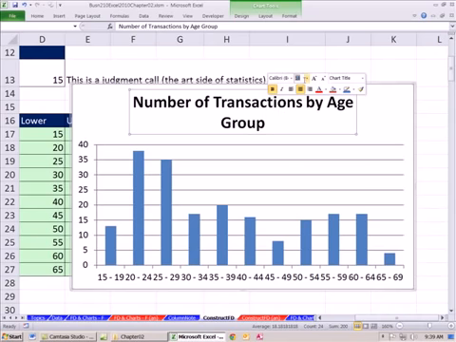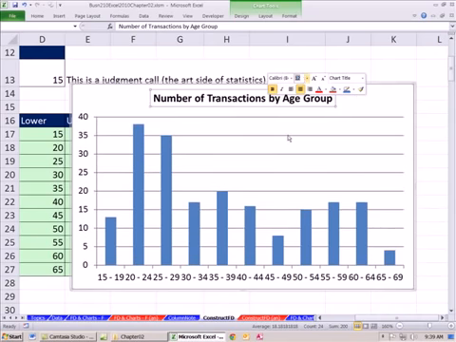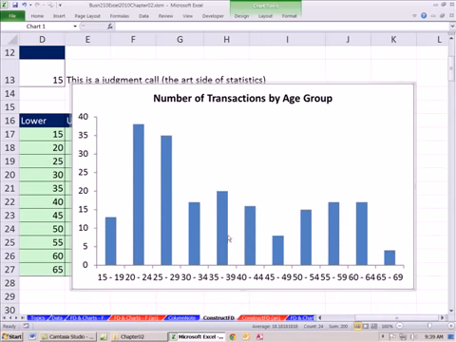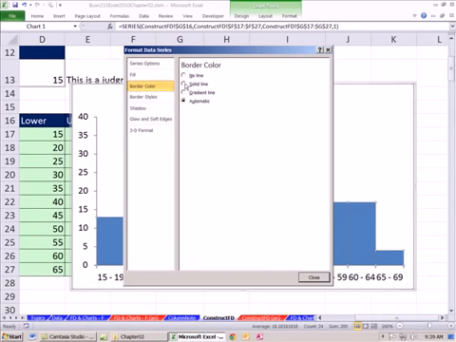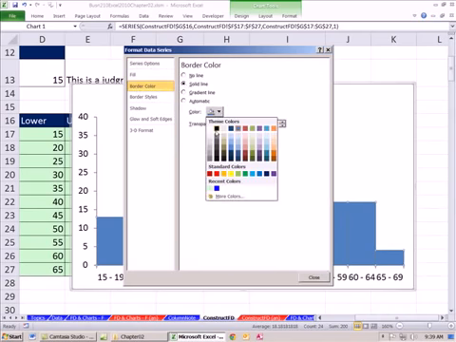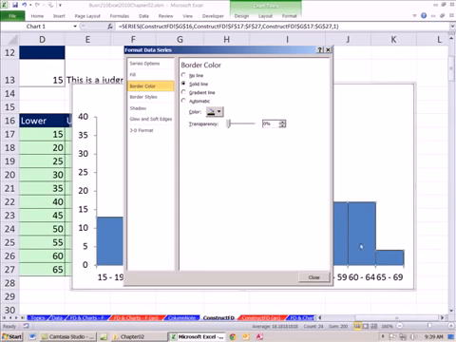I'm going to go up here and change it to 12. Click on the lines, delete. Click on the columns, Control 1. Gap width, none. I'm going to not change the fill. I'm going to go to border color, solid line, and this. The reason why is it's hard to see the difference between the columns when you keep them the same color. But if you add a border color,